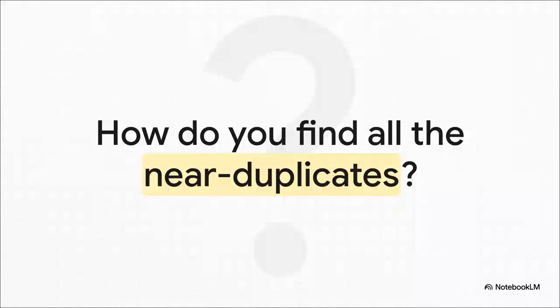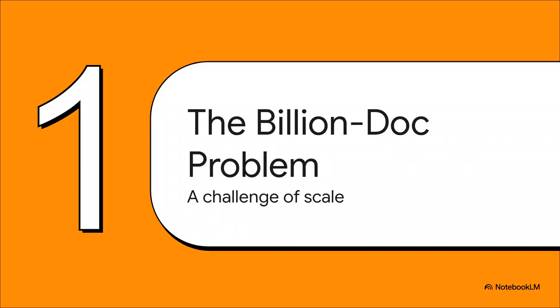Right. That is the million-dollar question, or I guess the billion-document question. How do you find every pair of documents that are, let's say, 80% similar or more, and do it efficiently without completely melting your servers? It's just a problem on an unimaginable scale. So let's talk about that for a second. We'll call it the billion-document problem, and we're going to see exactly why the most obvious, straightforward approach is a